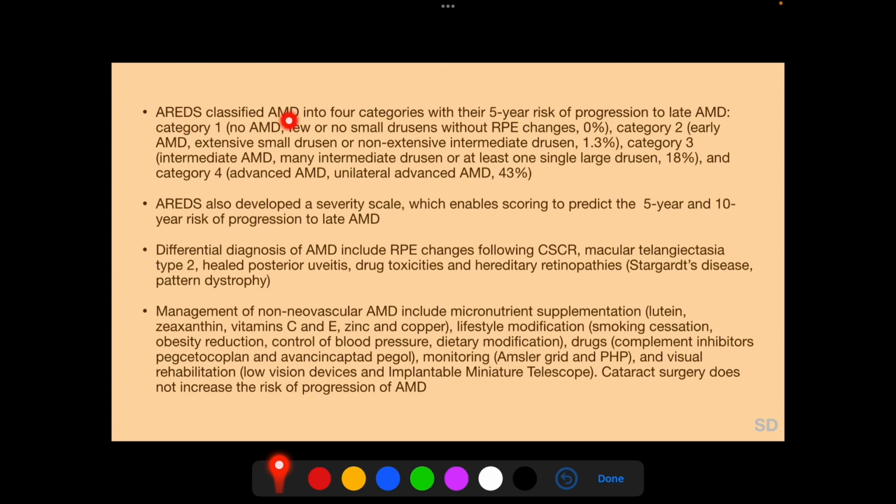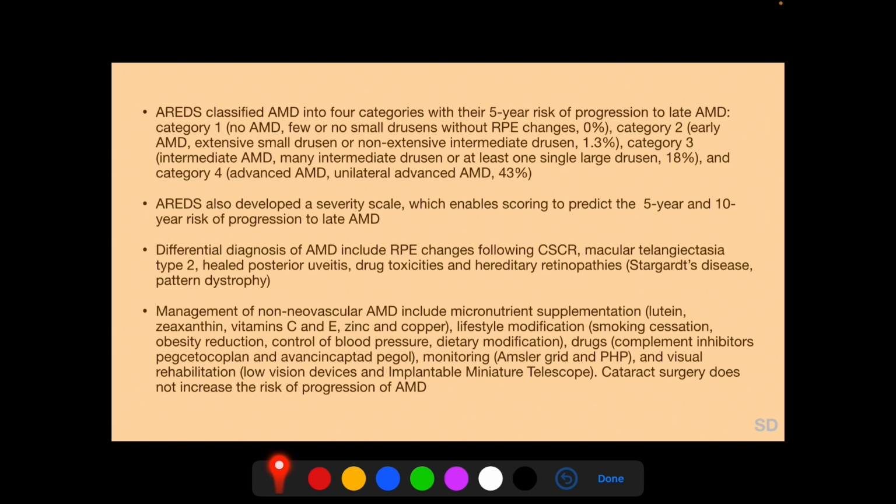AREDS classified AMD into 4 categories with their 5-year risk of progression to late AMD. Category 1, also called no AMD, with few or no small Drusen without RPE changes who have a 0% 5-year risk of conversion to late AMD. Category 2 or early AMD with extensive small Drusen or non-extensive intermediate Drusen who have a 1.3% 5-year risk of